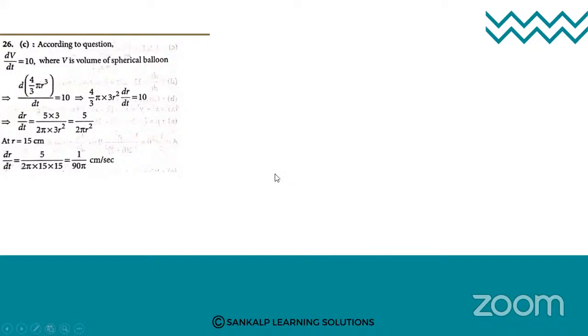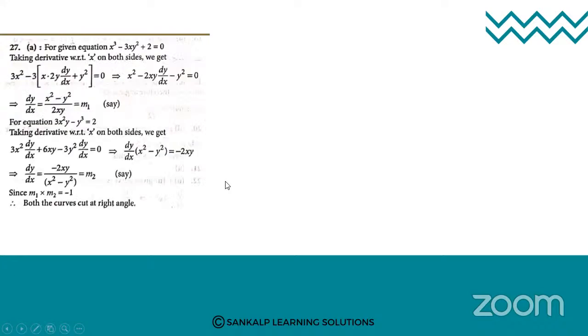Okay, next we will discuss question number 27. In question number 27, see what's given. The two curves x cube minus 3xy square, and 3x square y minus y cube is equal to 2. So this is the question, and we have to check whether these curves are orthogonal,